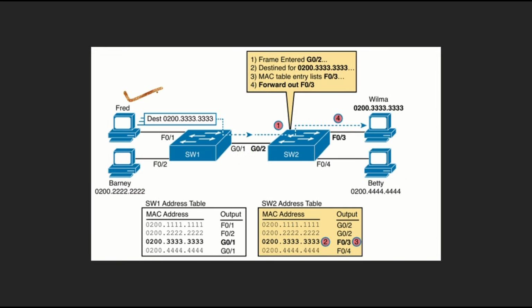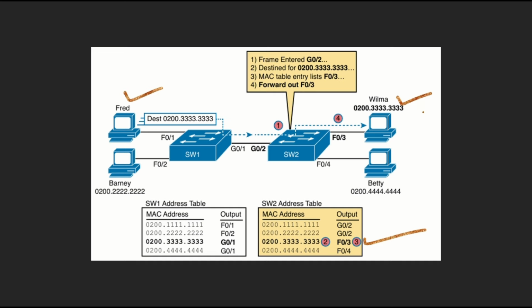Now here Fred is sending the message to Wilma. See, her MAC address is mentioned in the destination MAC address. So this frame will come to this switch. This switch, by looking at this table, will decide that this frame needs to be sent from G0/1. So it will travel to this switch, and this switch will make the final decision that F0/3 is the port number that is connected